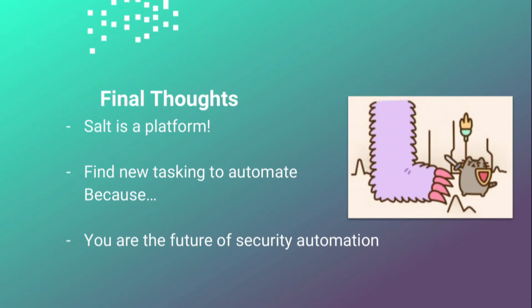So to give a couple of parting thoughts, to give enough time for any possible Q&A, I want to reiterate, SALT is not configuration management. SALT is a platform, and you can build some really cool stuff on top of it. The next one is you're going to have to start to find more and more things to automate. And I really hope that this Python API intro has given you some inspiration to find some hooks to start solving some of your own problems. I think you'll be really satisfied, really happy when you start solving these problems, and it turns something that was once drudgery into something that's trivial.